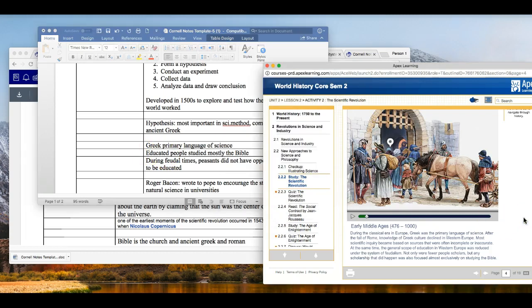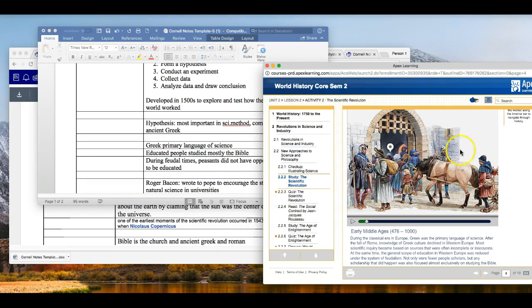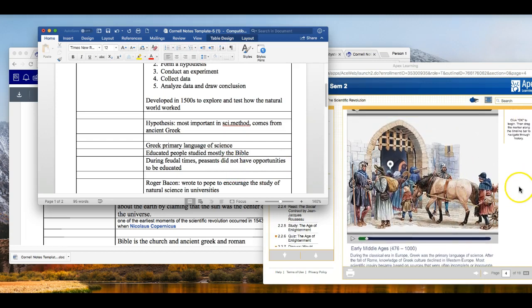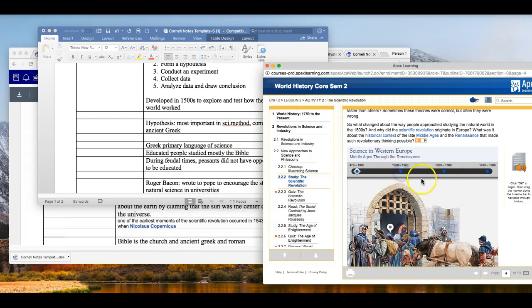So one thing that I want to turn your attention to are these little dots or dialogue points. You can call them whatever you want. You always want to make sure that you put your mouse over it and you hover over the dot, because it's going to give you more information. And what I got out of this dot is that during feudal times, peasants did not have opportunities to be educated. Okay? So moving on with our theme and the timeline, I'm going to go to the next date